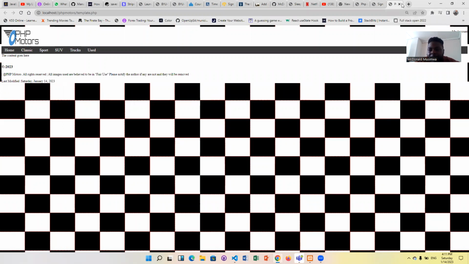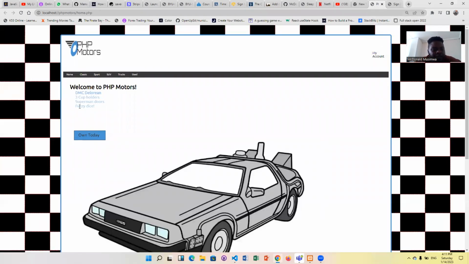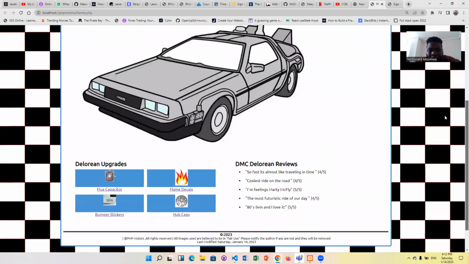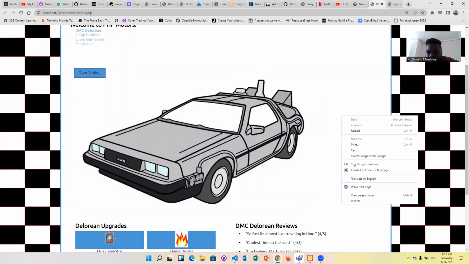So that's what I've been working on. I've been just doing the front end of this PHP website. I will have to get this nav to be a bit bigger because it's not entirely properly visible. But we have the button up here, we have the hero section, and then I've also made it responsive to different